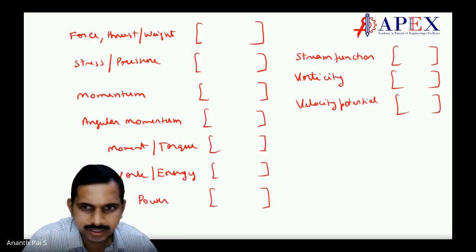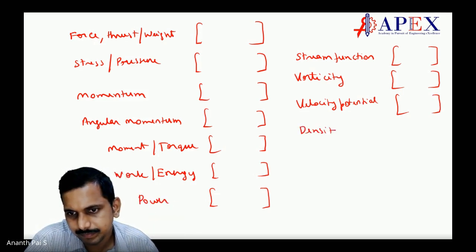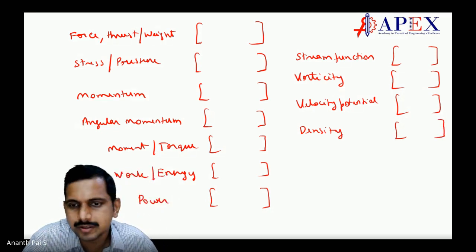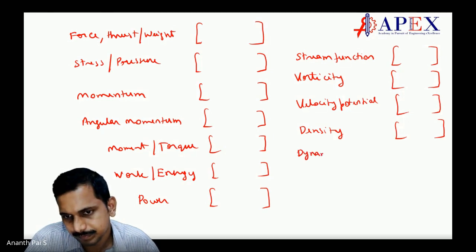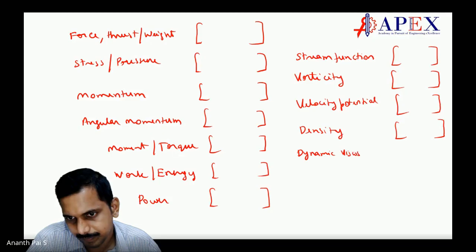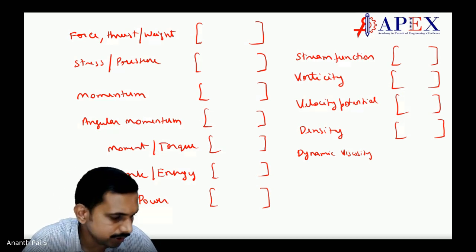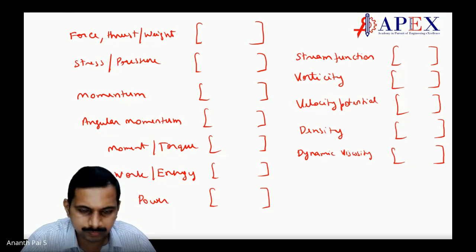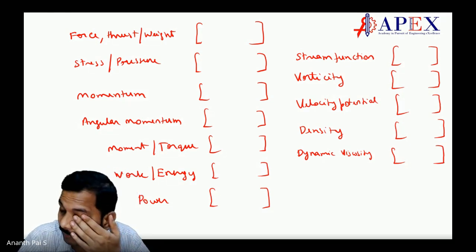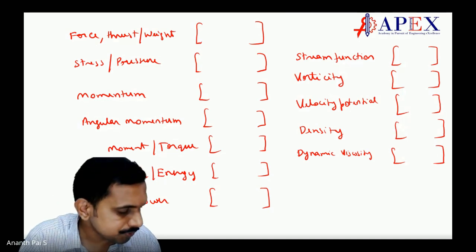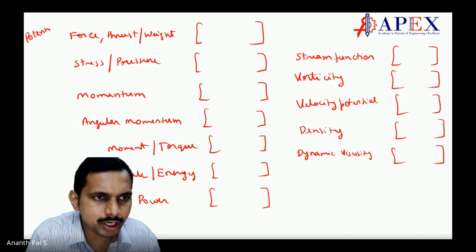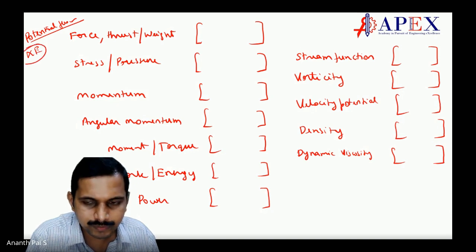Then we have density. Okay. Then dynamic viscosity. Sir, I think we haven't done that. Okay, leave that then. Dynamic viscosity we will do when we go with potential flow. I told you that I will do it when we go with potential flow. So next we will go with potential flow, which is not part of the mechanical engineering syllabus, but it is part of XC. So you have to understand that.